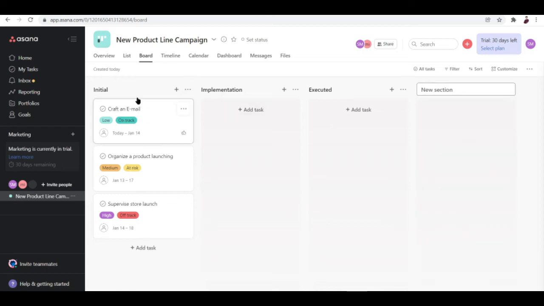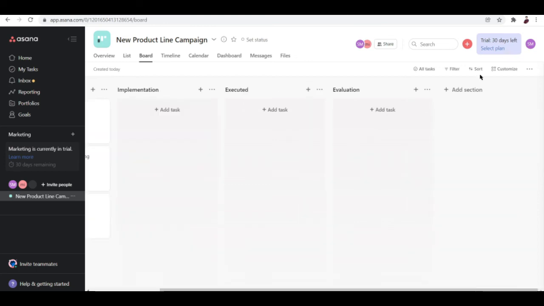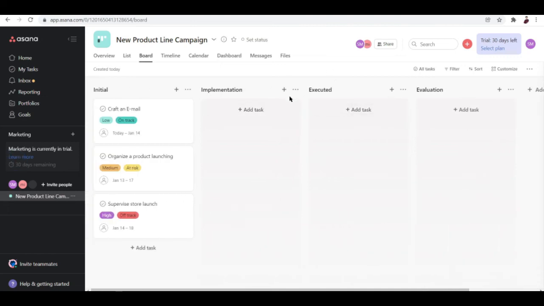But initially we inputted three sections with the initial, implementation, executed, and stuff. And let me think of another one. Maybe for evaluation. Okay, so we will be choosing maybe some of the executed tasks and then talk about each evaluation, and maybe try to get something from it that can actually give us a better understanding of our